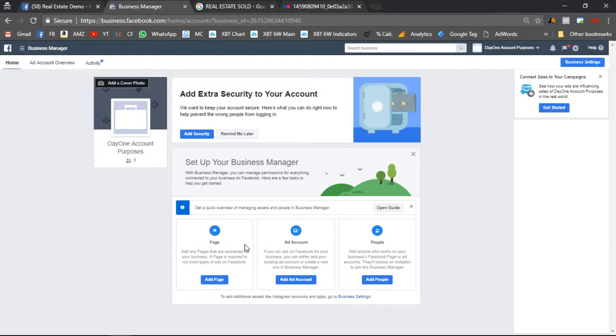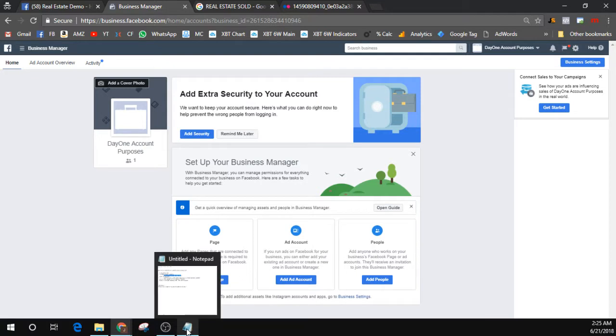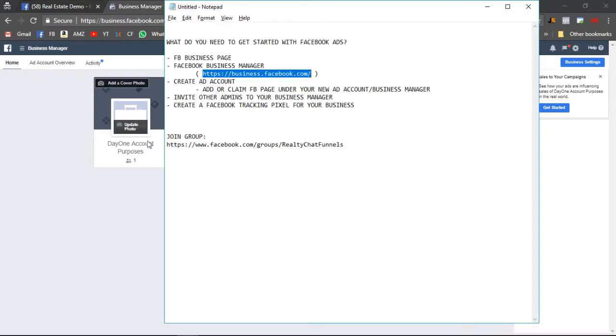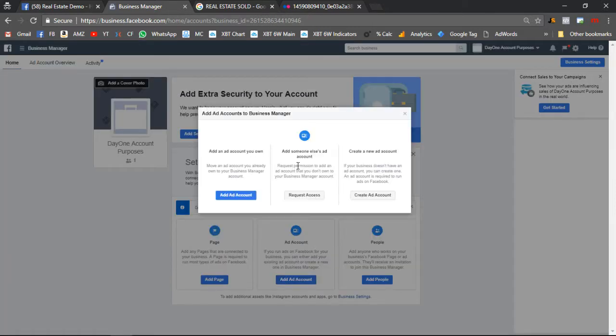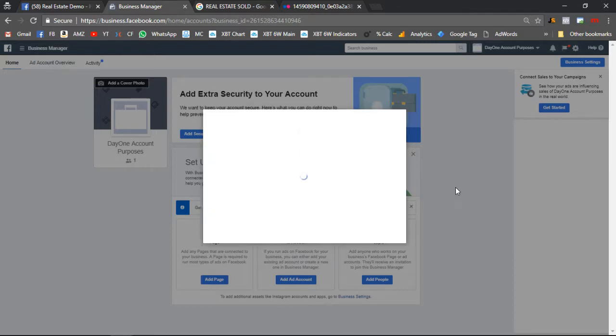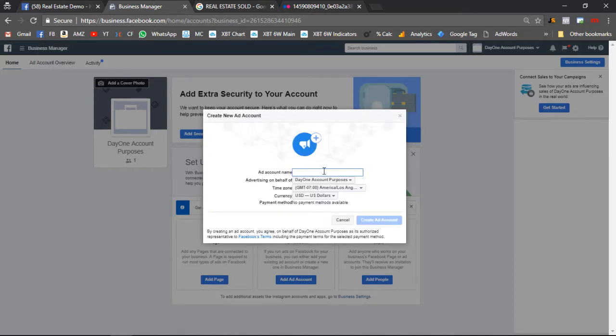But first, we will go ahead and create an ad account. And then after we create the ad account, we're going to go ahead and claim the Facebook page that we created. So we're going to go ahead and add an ad account. Or actually, we're going to be creating a new ad account. So we're just going to do that. And we'll just name it